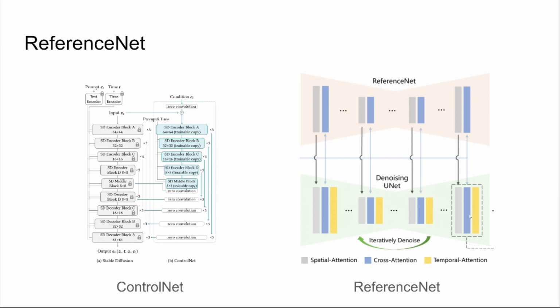Can I ask 2 very naive questions? One is, what is a zero convolution? Yeah. So basically, it's a very special trick in control net, and it is also used in different papers. For example, also in reference net, they have a very similar concept. So the zero convolution is